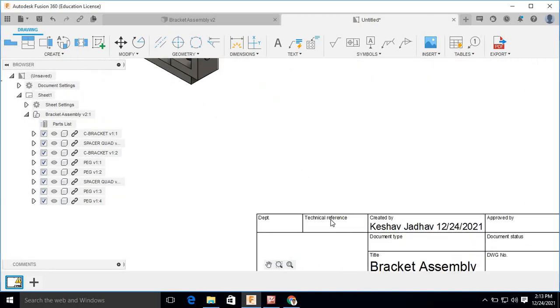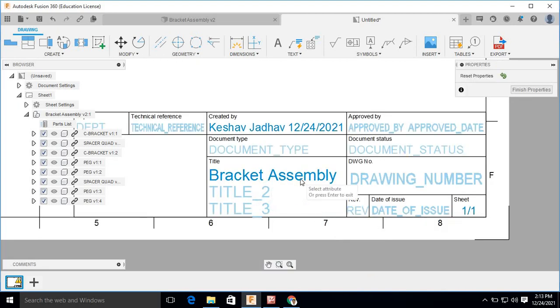We can also edit the title box. So double click on this. So this is bracket assembly. This is drawing number 6.